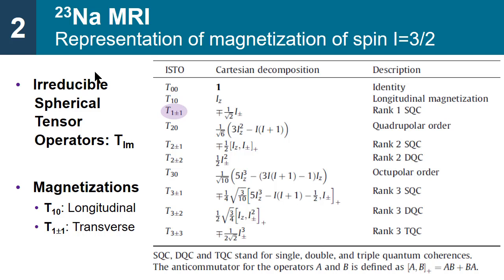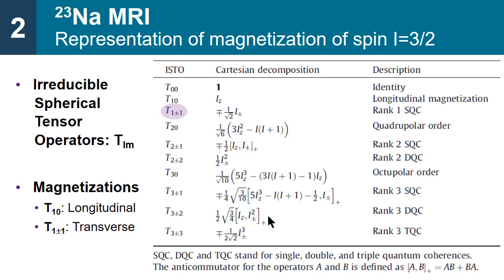So in general, the technique to represent the signal for the spin 3/2 is to use irreducible spherical tensor operators, where T10 is going to be your Iz, your longitudinal magnetization, and T1 minus 1 or plus 1 is going to represent the transverse magnetization. For spin 1/2, for proton, you're going to have only these 3 parameters, but for spin 3/2, you're going to have the appearance of other parameters, like double and triple quantum coherences of different rank that can be created and evolve during your sequence, during the pulse and relaxation, and they're all going to influence your signal.